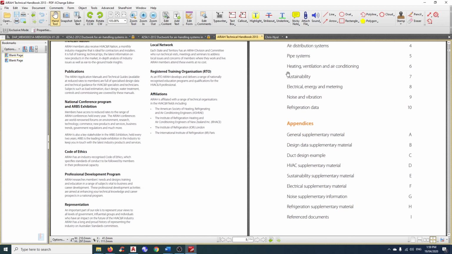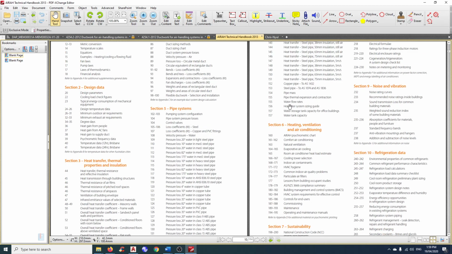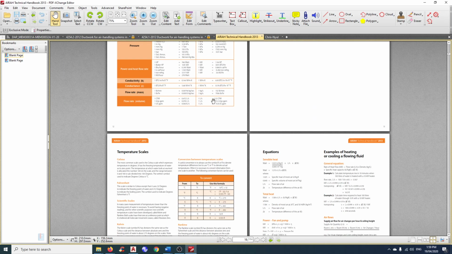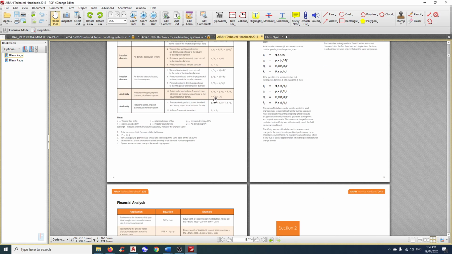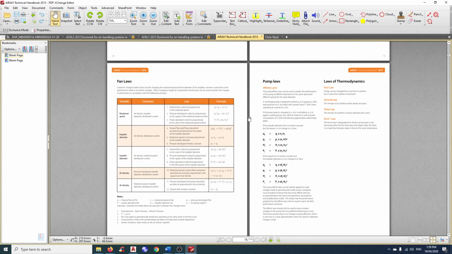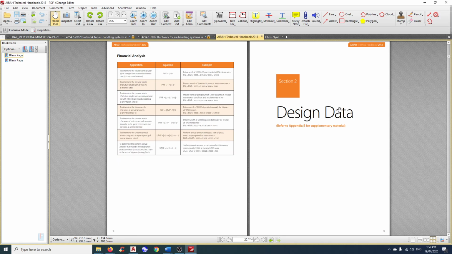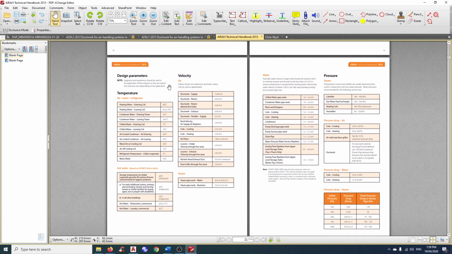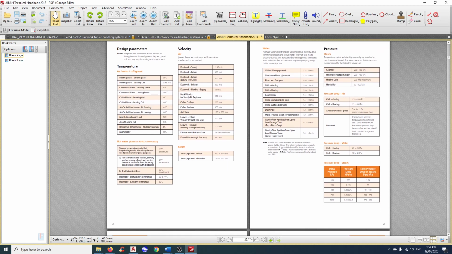But in here you can have a lot of data, general information about HVAC, which is very handy. Got PAM laws, thermodynamic laws, typical design data for air conditioning system, velocity where you need to run your ductwork, although some of them I kind of disagree. Temperature, chill water system,